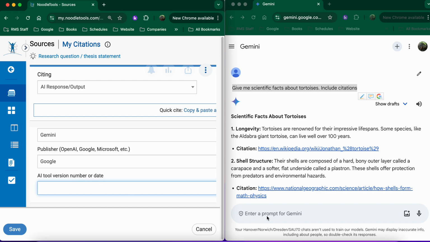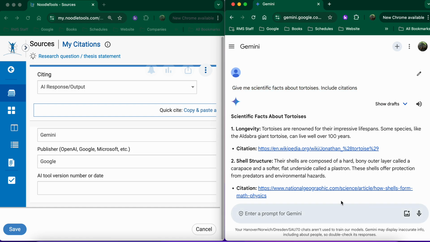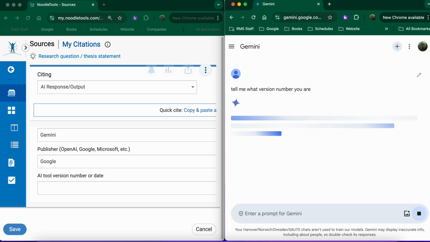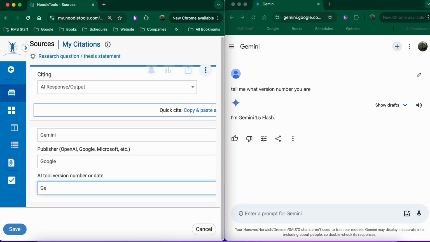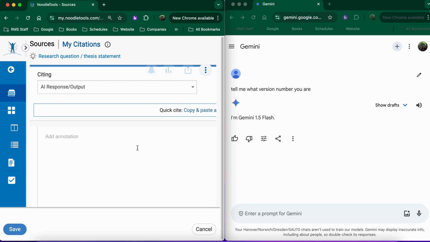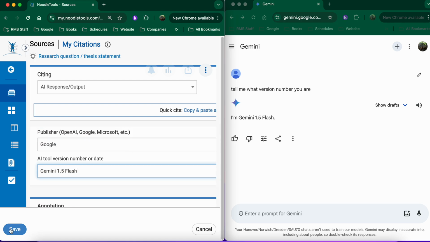If not, you can try typing in the prompt, tell me what version number you are. And Gemini tells us it's Gemini 1.5 Flash. So I'm going to put that in. Okay. And that's all I need, so I'm going to hit save,